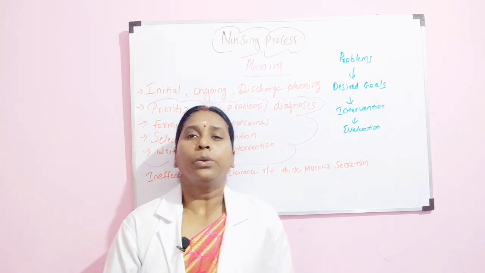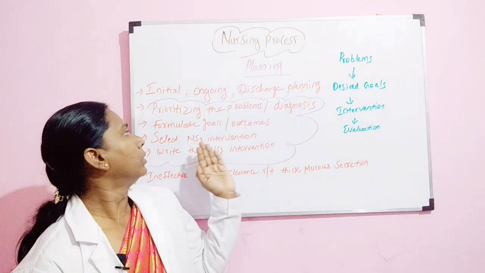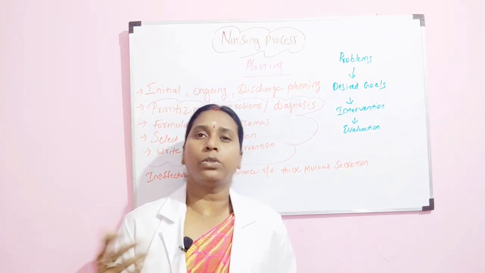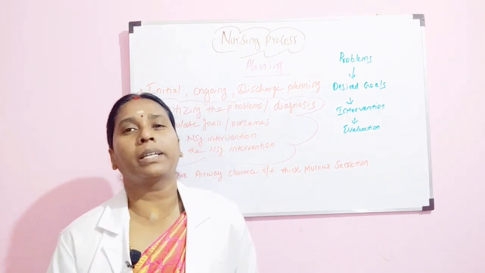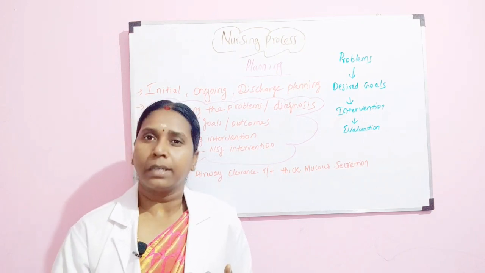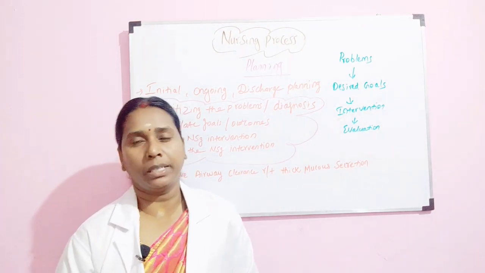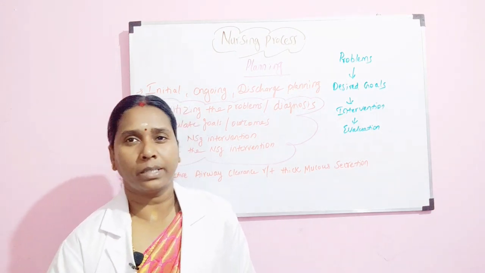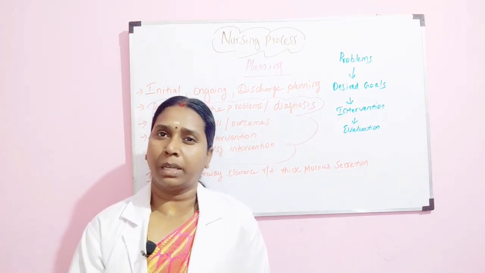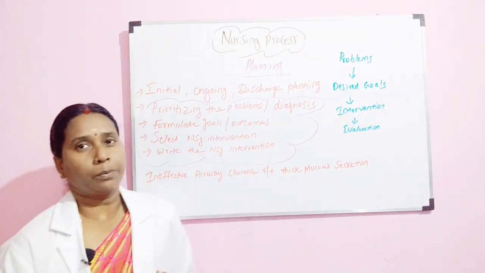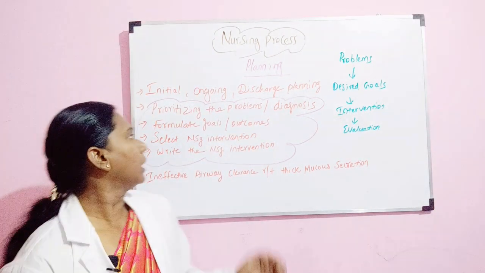So you have to set up a goal or outcome. Once you start with your nursing care, what is your final outcome? What are you expecting? The patient's breathing rate has to become normal, he must not have any breathing difficulty or suffocation, and the saturation has to be improved. That will be your goal. So you have to set up your goals or outcomes. And then comes the